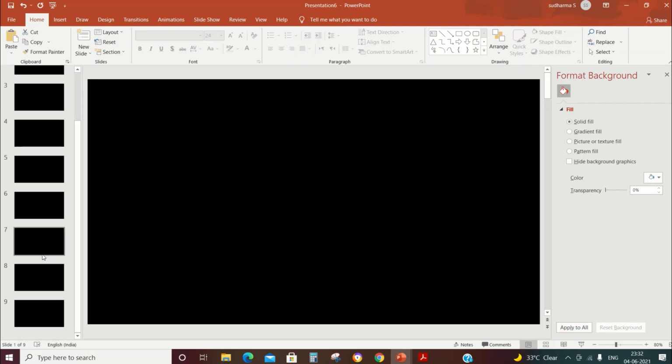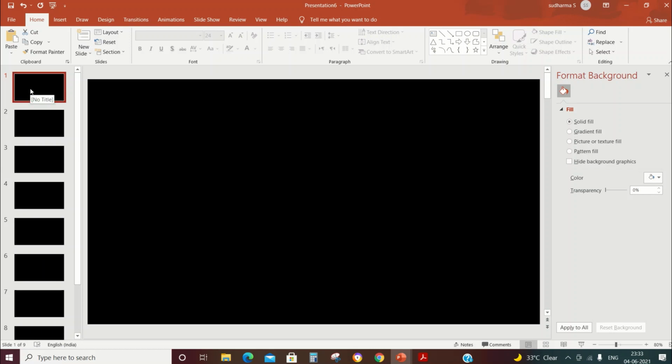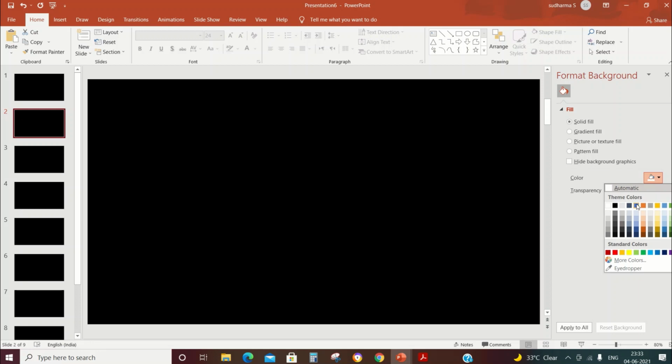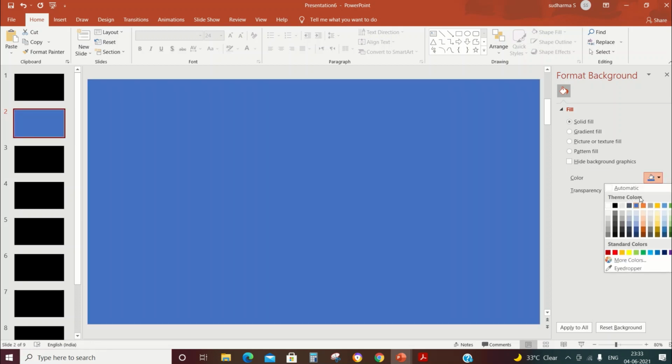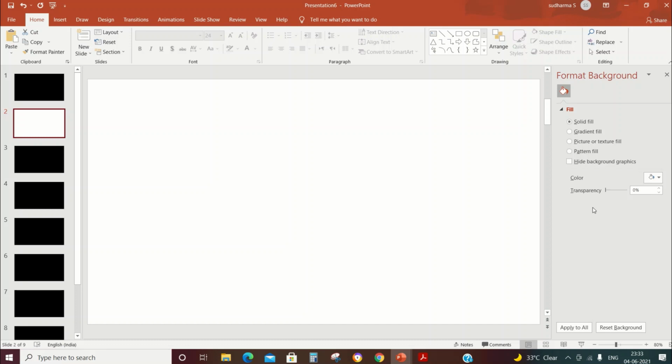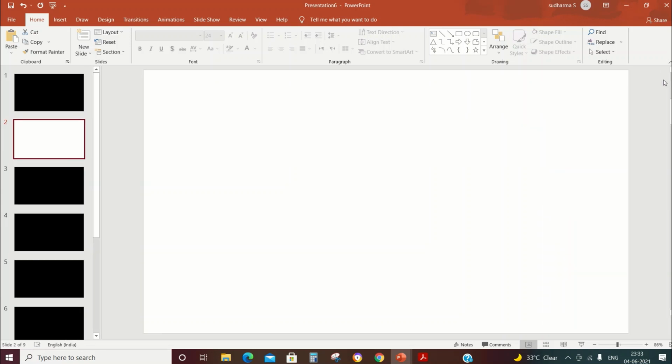If you want all the slides to be black in color, you apply the apply to all option here. All the slides are black in color now, so our blackboard is ready. In case during the lesson you want to make one of the boards another color, go to that slide. Again, you can follow the same pattern of right clicking and reaching these options. Choose the color you require for that particular slide. Let me take blue color, or let's see, whiteboard here. Anything is okay. So this is how we change the color of our board.